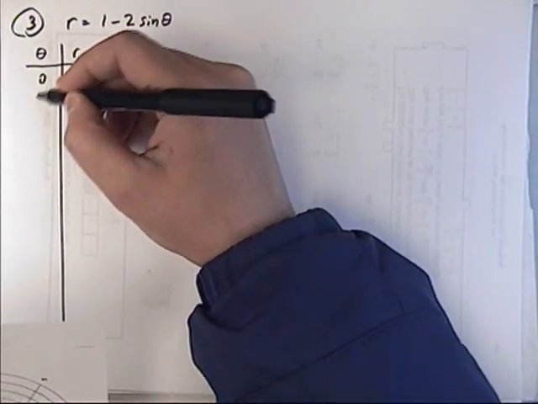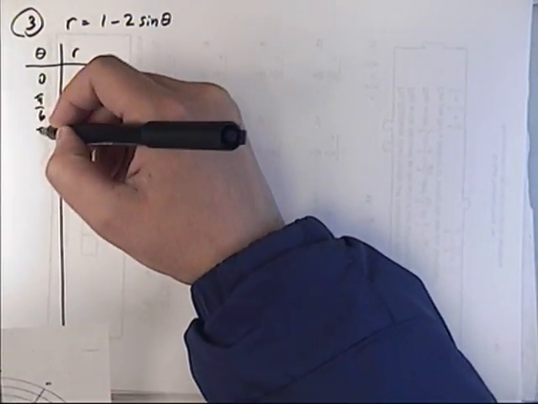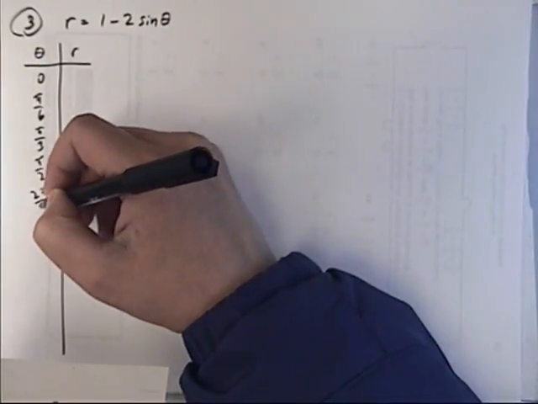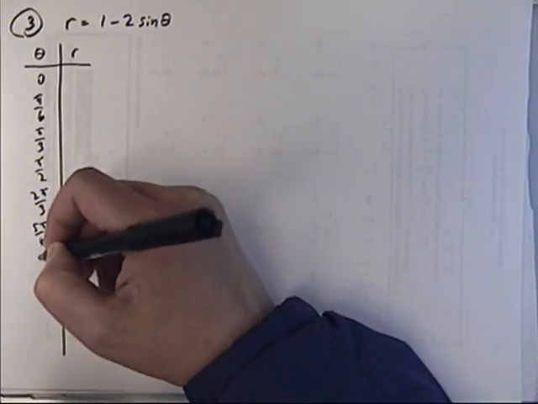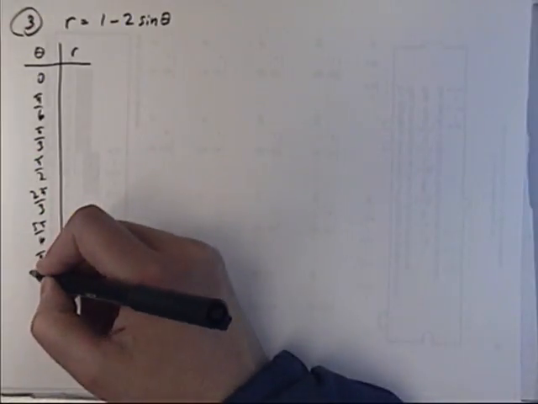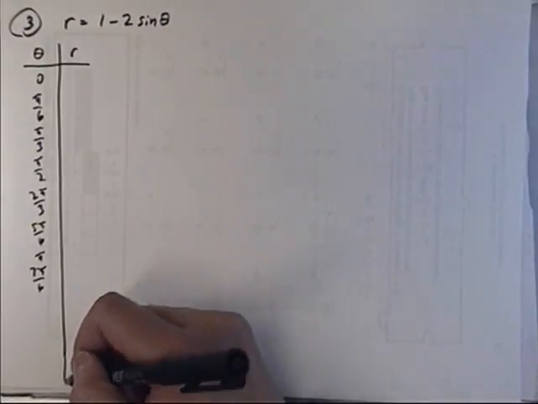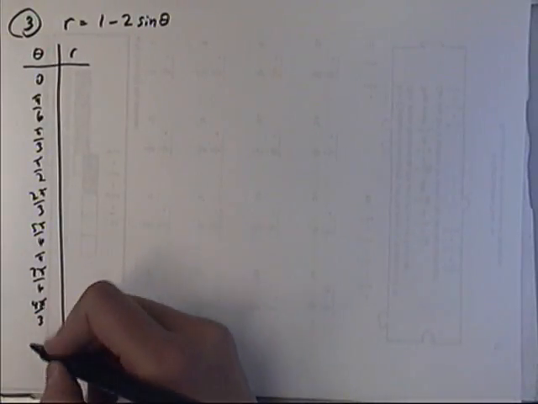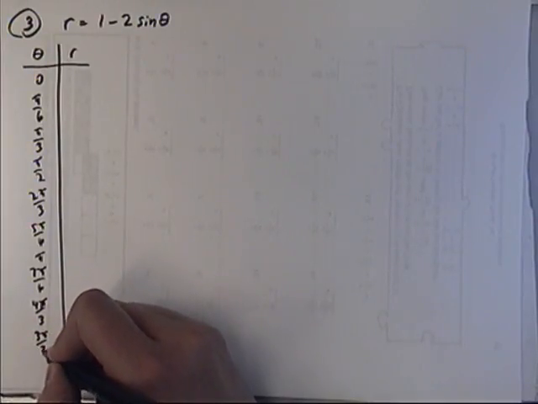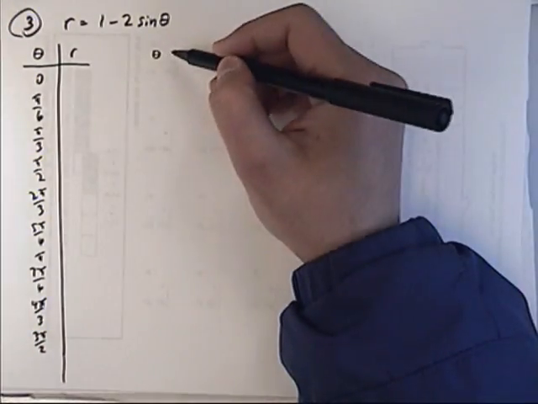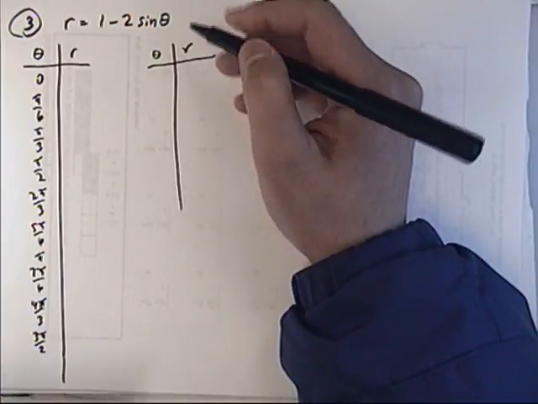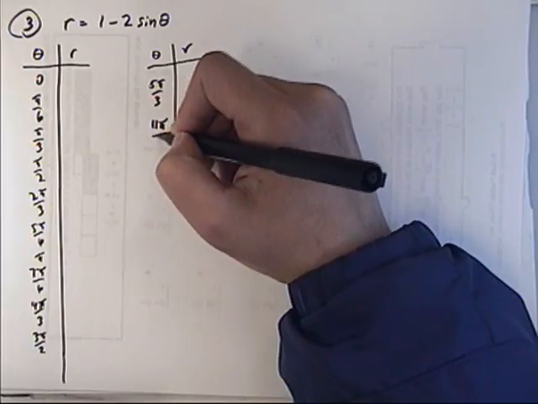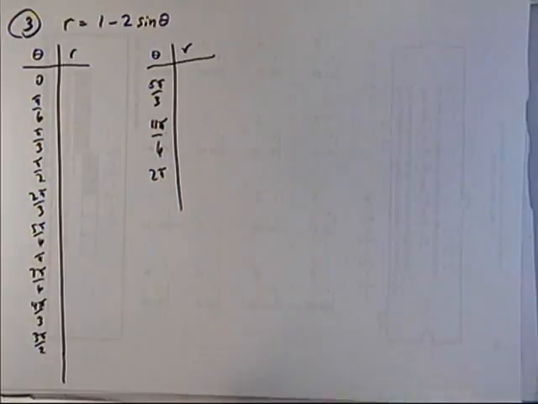Okay, so I have 0, pi over 6, pi over 3, pi over 2, 2 pi over 3, 5 pi over 6, pi, 7 pi over 6, 4 pi over 3, 3 pi over 2, oh, I didn't make it, darn. 5 pi over 3, 11 pi over 6, and 2 pi. Okay, so